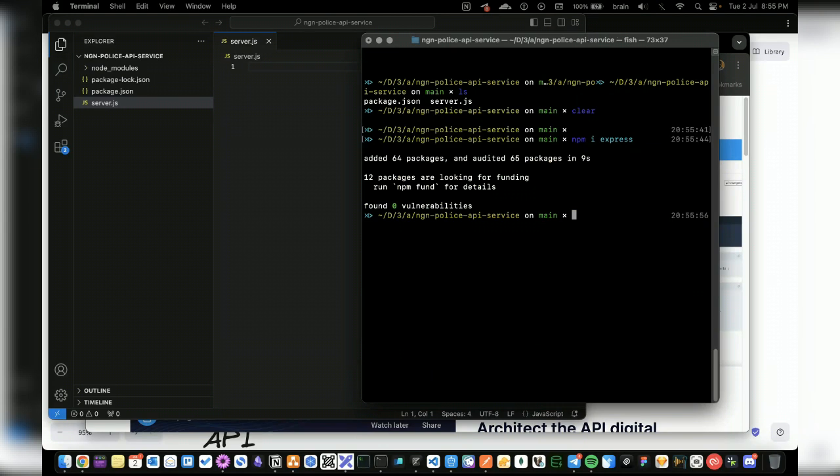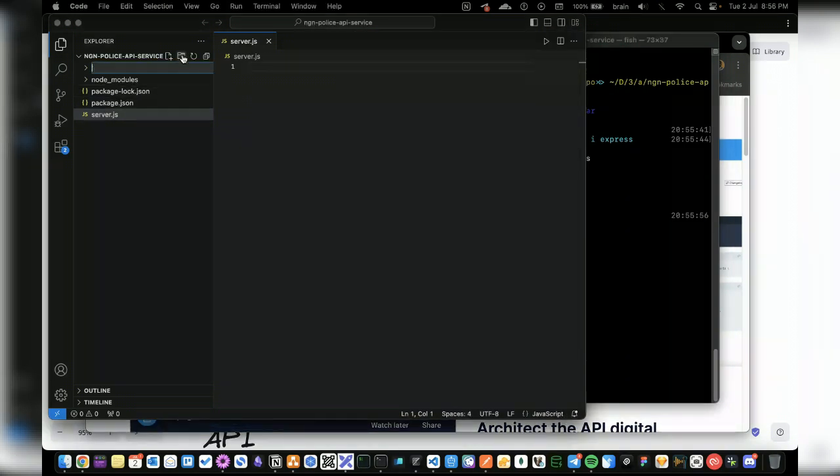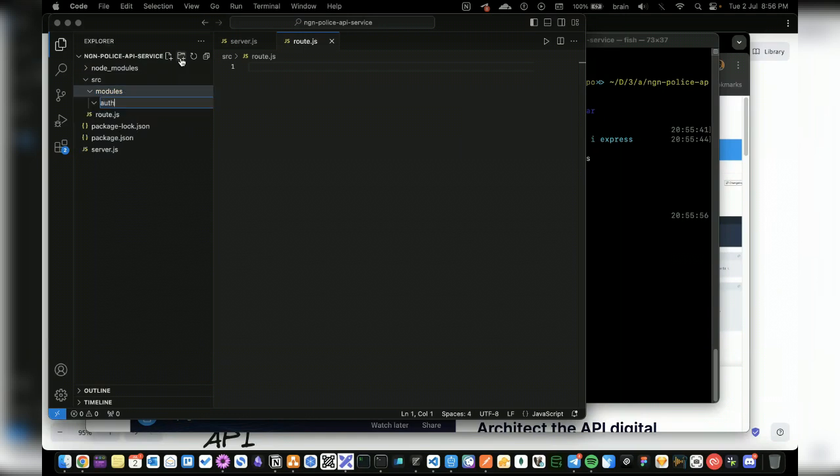All right. Okay, so in here, I'm just going to create a folder. Let's call that our source folder. And inside the source folder, I'm going to create a file called, let's say, route.js. Maybe I can create another folder. I like to structure this properly. I call this modules, and inside modules I can have auths, or let's call this requests.